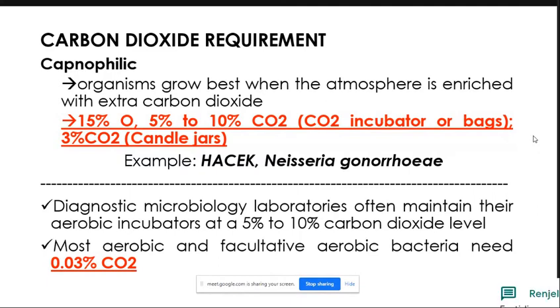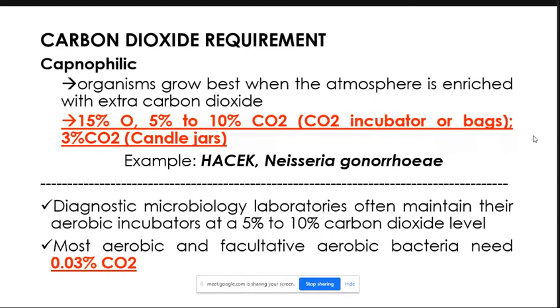Ito yung tinatawag natin na, yung sinasabi ko lagi na ang arte-arte na bacteria, ang dami niyang need. Ito yung ating fastidious. Because your HACEK are your gram negative